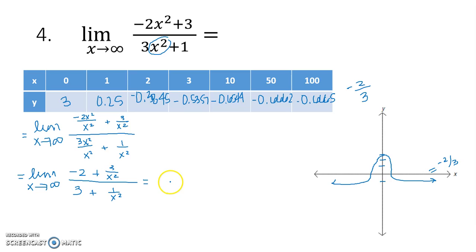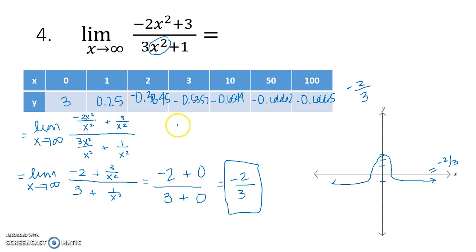My limit of -2 is -2. My limit, as I'm going to infinity, of 3 over x squared is 0. In the denominator, my limit of 3 is 3. My limit as I go to infinity of 1 over x squared is 0. That reduces to -2/3. What's nice about doing it algebraically, besides the fact that you need to know that because